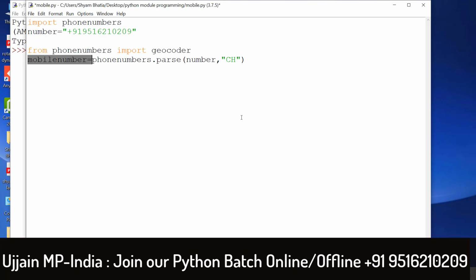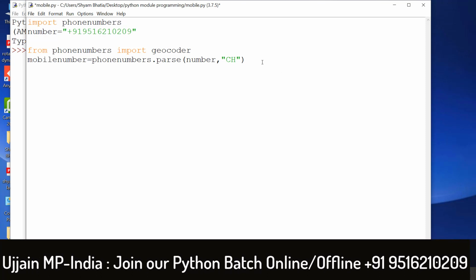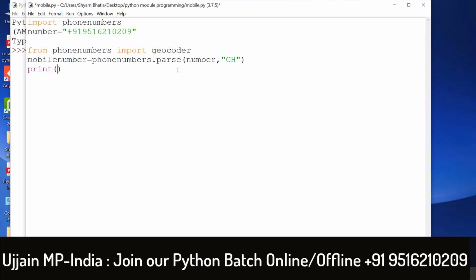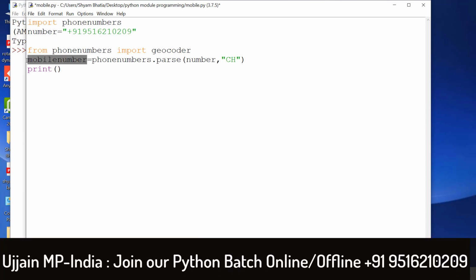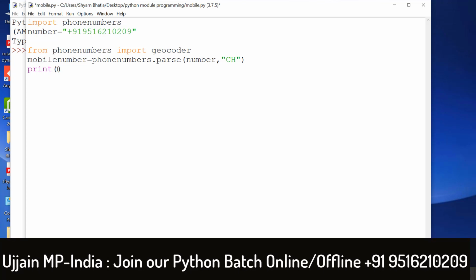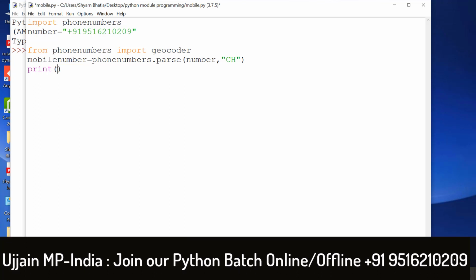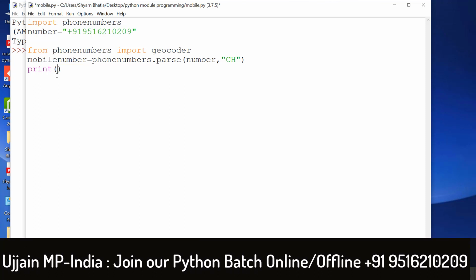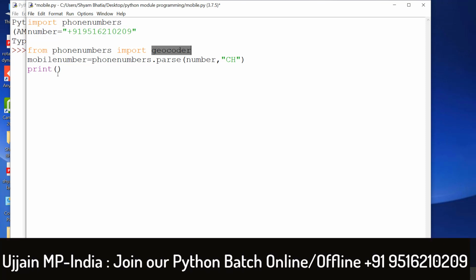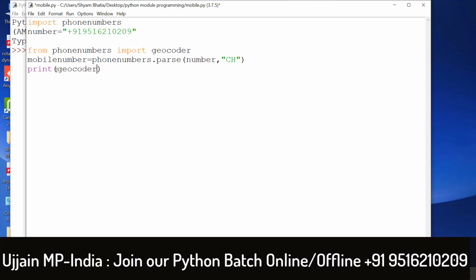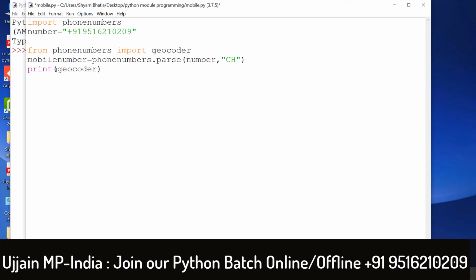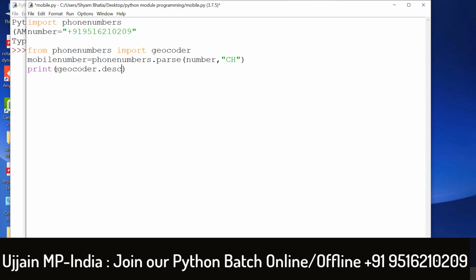After that you have to print what you get in this variable. So how will you print it? Copy this, and put here the geocoder, and after geocoder you will find dot description.